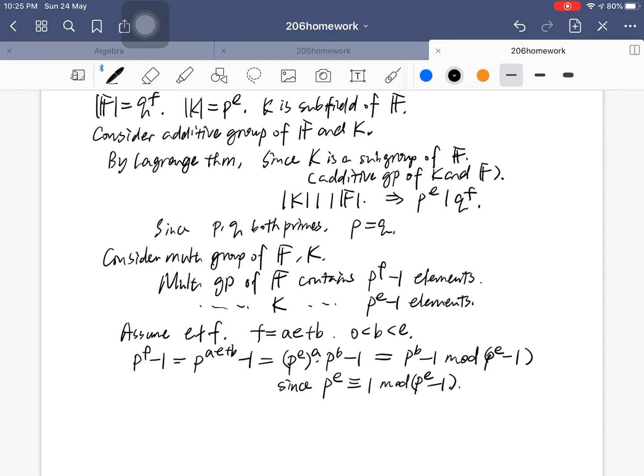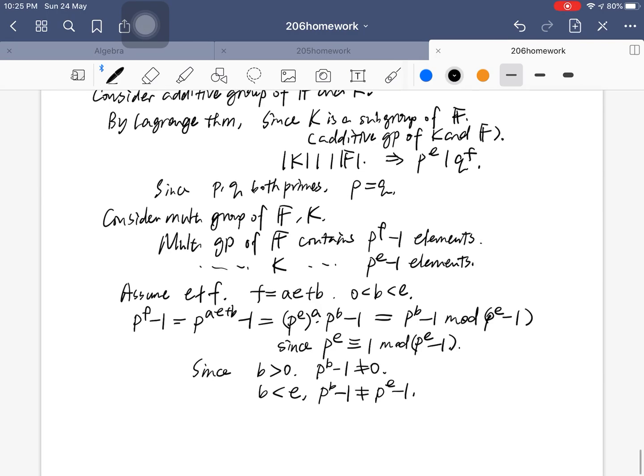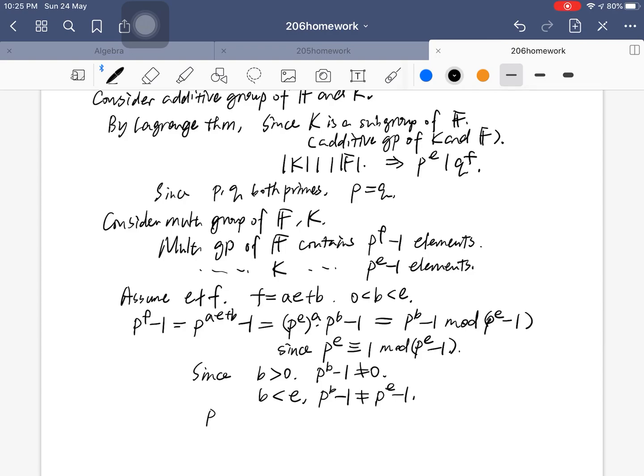Notice that since b is strictly greater than 0, P to the power b minus 1 cannot be 0. And since b is strictly less than e, P to the power b minus 1 cannot equal P to the power e minus 1. So P to the power b minus 1 is non-zero mod P to the power e minus 1. And this contradicts the assumption that